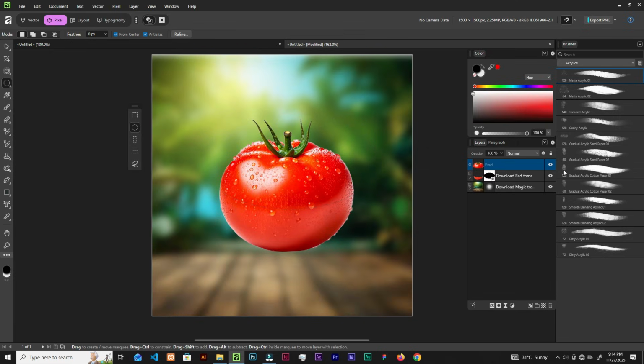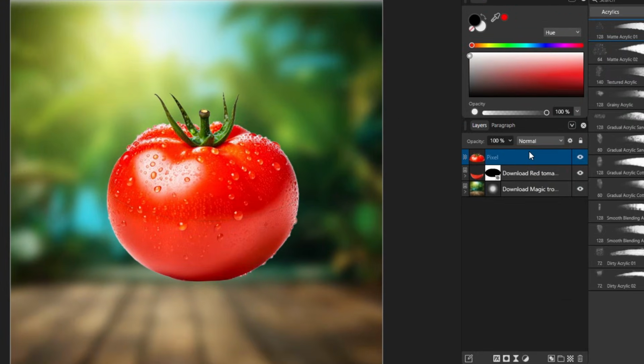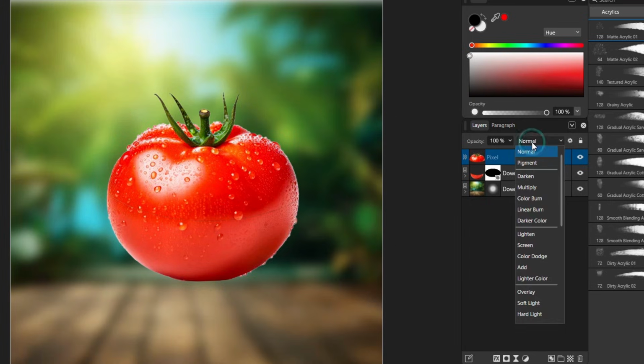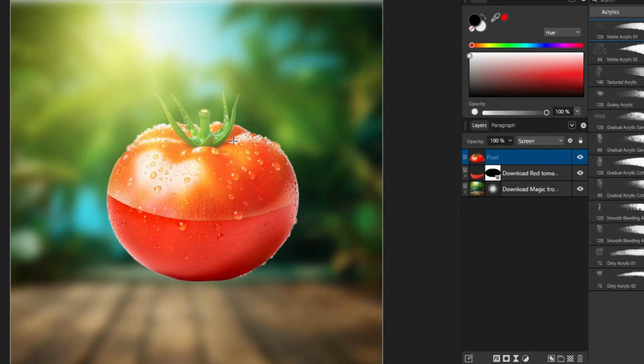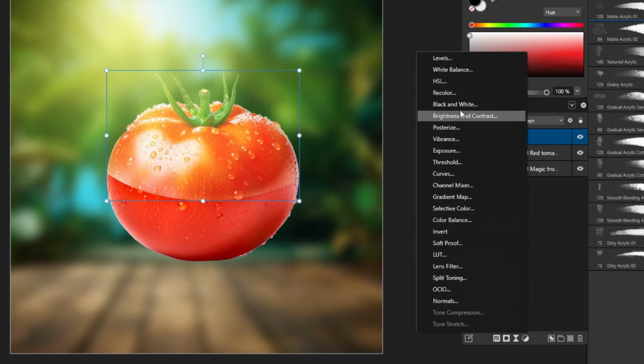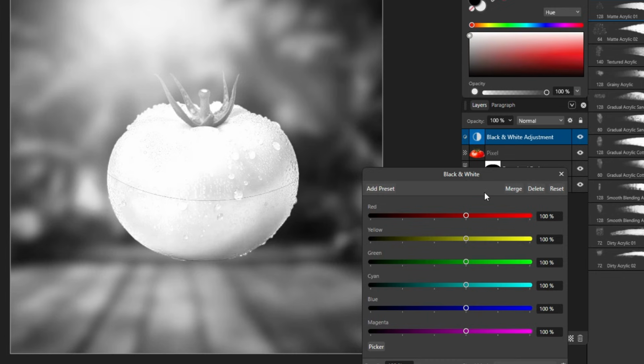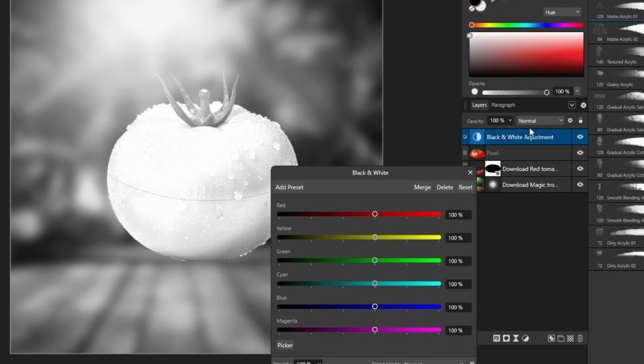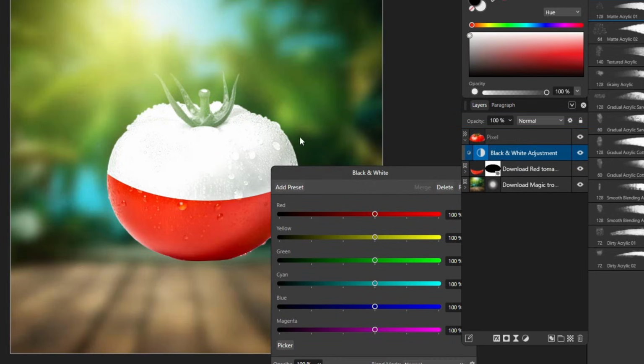Now when I turn off the top layer, that's what we got. The bottom layer, that's what we got. So the new one that we cut into a new layer, let's change the blend mode to screen. So we need to make this black and white. All right, so let's grab the move tool, and click here. You have black and white, so let's drag the black and white onto the layer so that it affects only